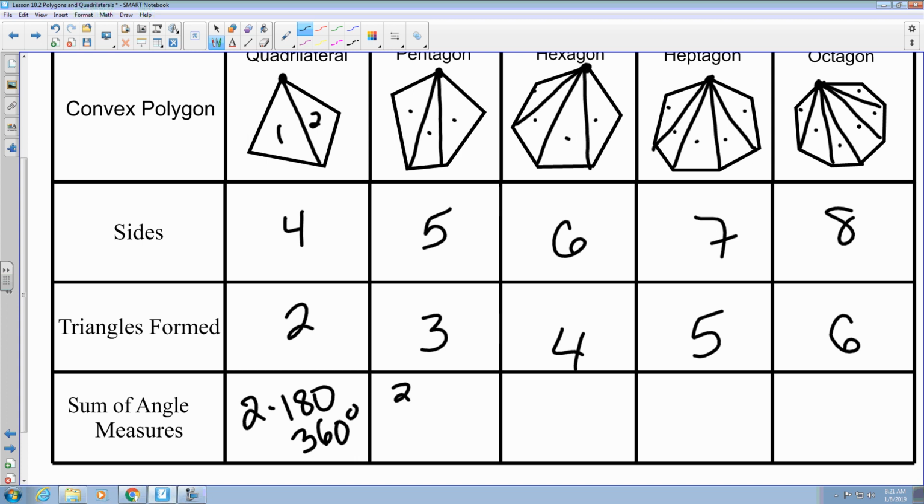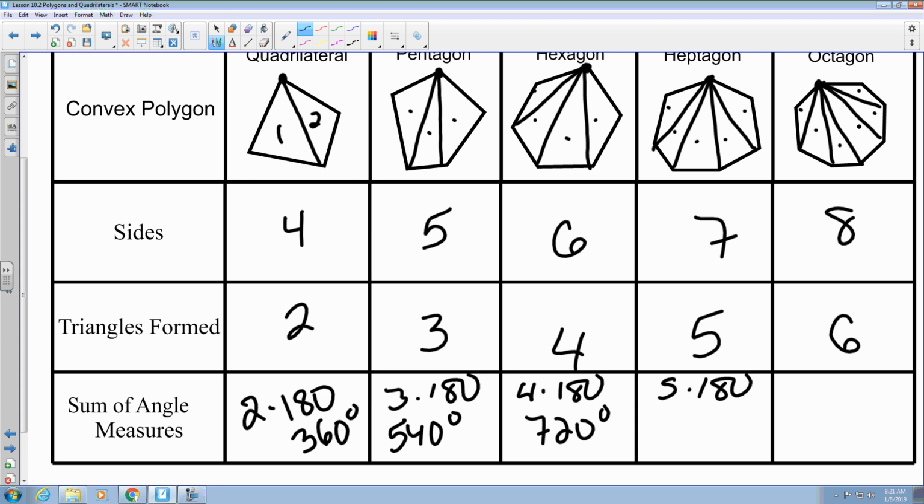All right, so same thing for the pentagon. We got 3 triangles, times 180, which gives us 540 degrees. And I got 4 times 180, which is 720 degrees. I got 5 times 180, which is 900 degrees. And then finally 6 times 180